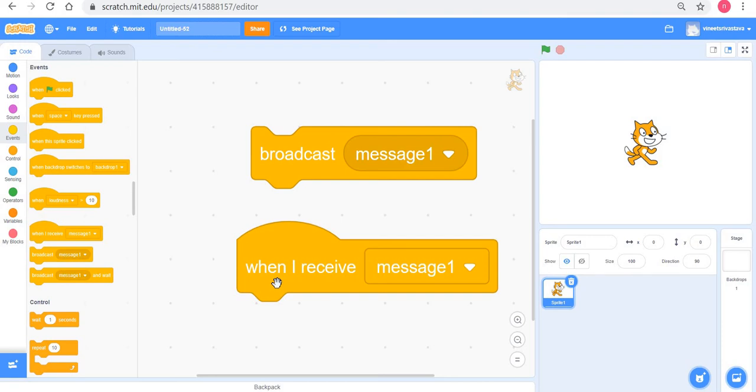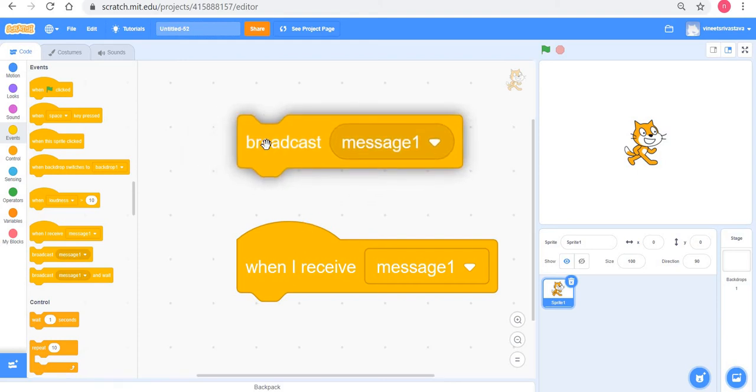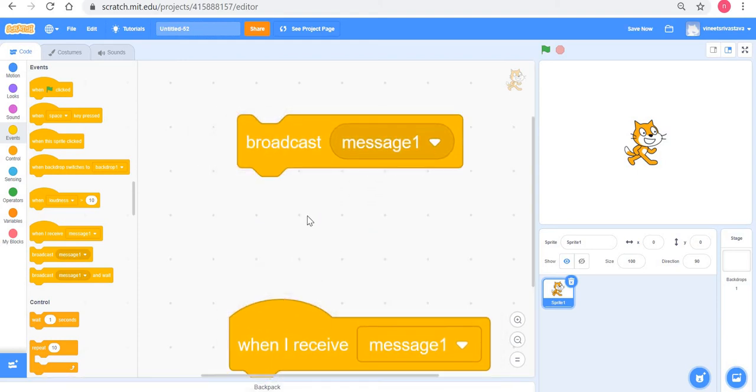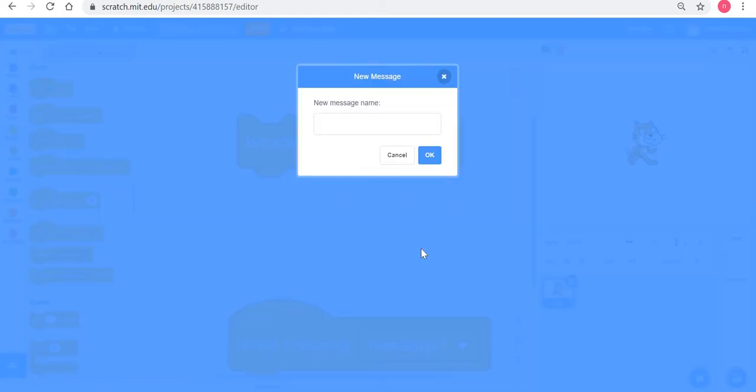Now, how do you send out a broadcast message? A sprite sends out a broadcast message using this block called broadcast. You'll notice it's written message one. You can drop down this menu and give a new name to your message. For example, the message could be start.